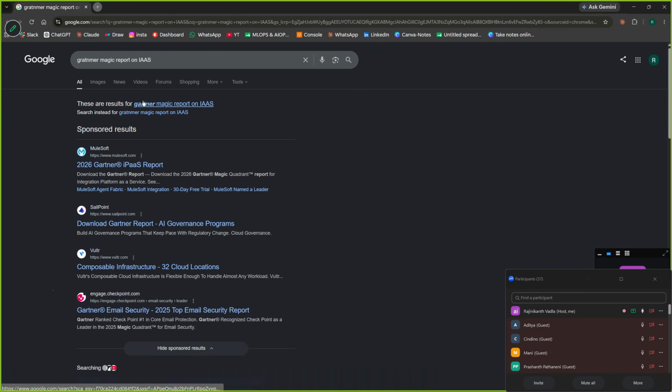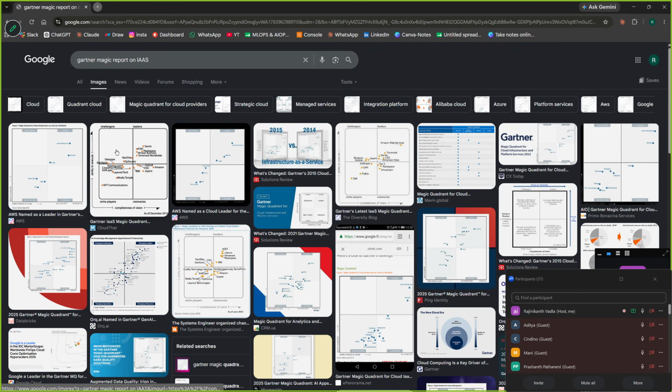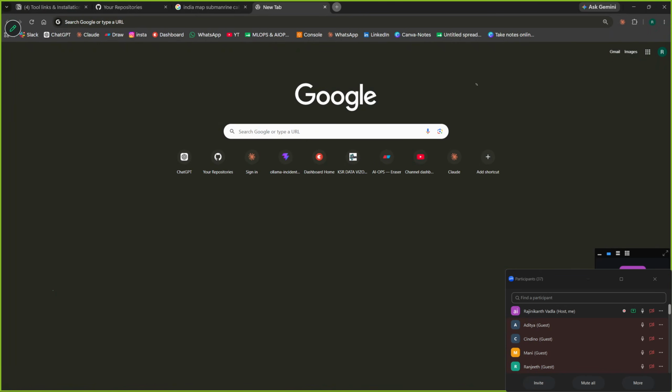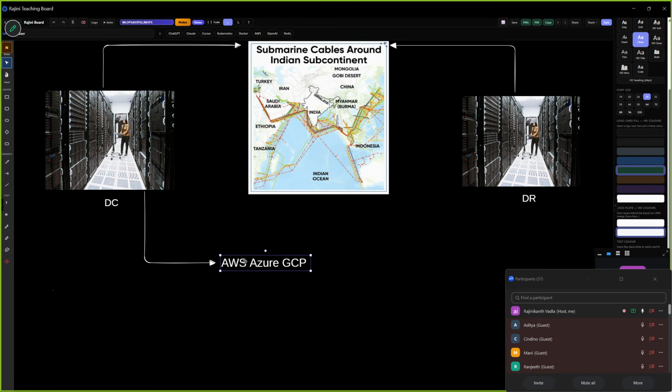Always AWS is at the top, then Microsoft, then Google, in infrastructure as a service. So that's why we will choose AWS or Azure or GCP. And then they'll go and try to do the migration.